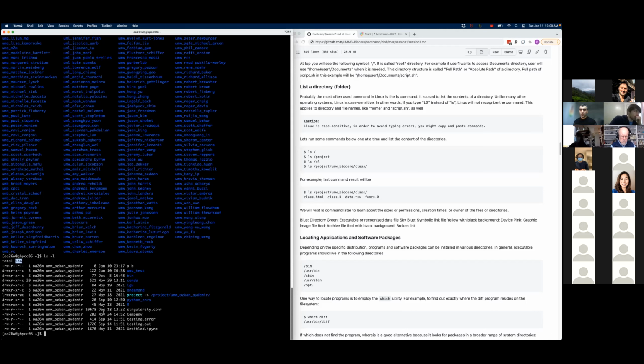But you are only allowed to create a file wherever you have permission to do so. Regular users have permission to write into their home directories only. And maybe if your group has a project space, for example, then you would have access to that.